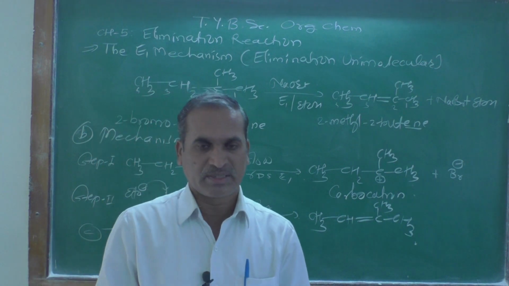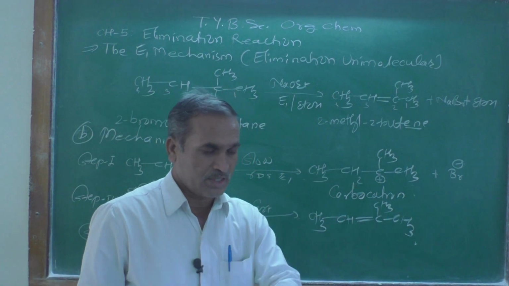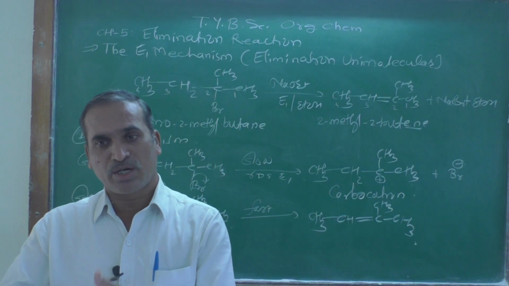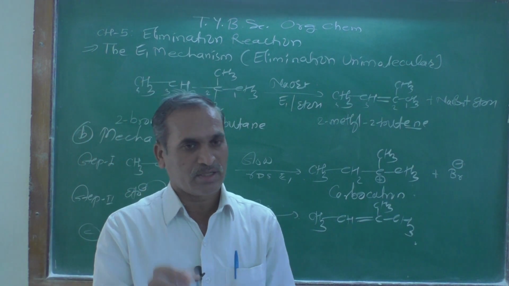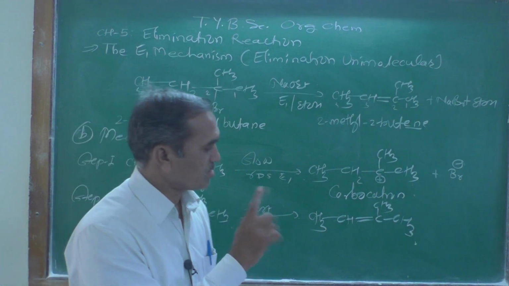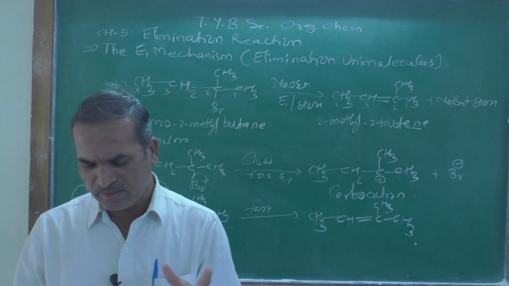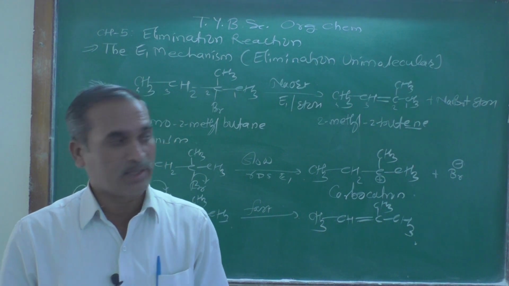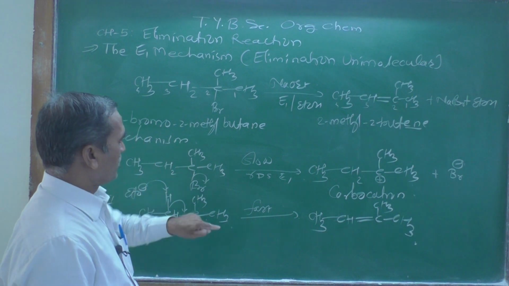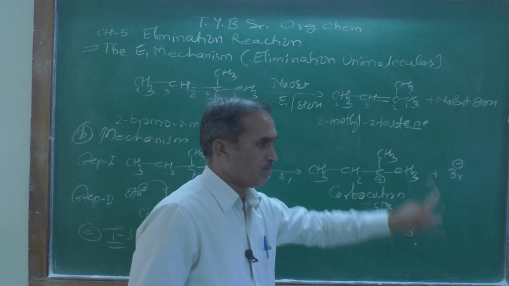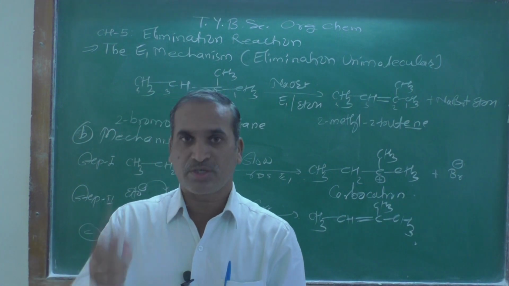When this carbocation is formed, it may undergo the following three ways. Number one, in the second step, what is happening? It combines with a nucleophile. When the carbocation combines with the nucleophile, you are going to get a substitution reaction similar to